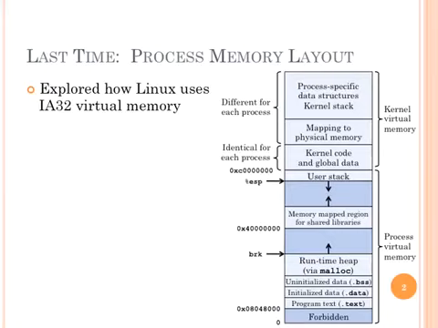But you look at this diagram and you're like, okay, where does stuff get laid out? And you see where the heap is, so it's going to start somewhere like 0x0804 8000 is program text. So if we don't have a whole bunch of code and we don't have a whole bunch of global